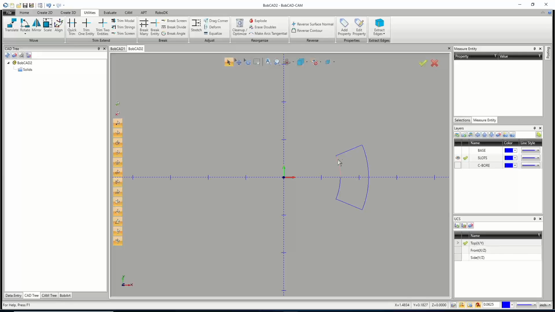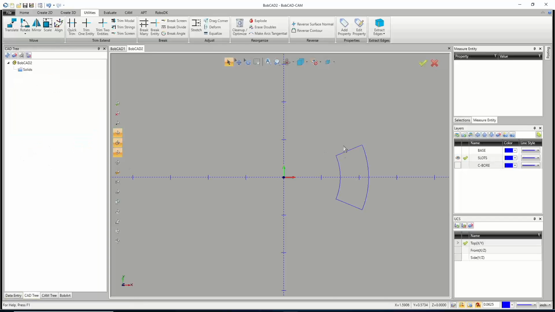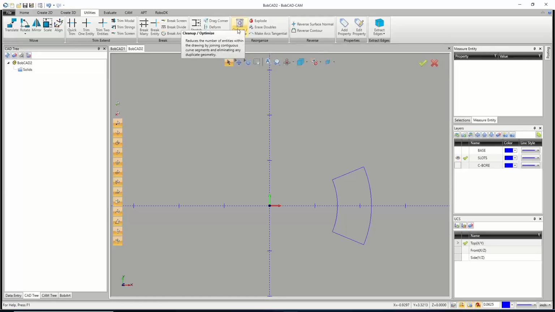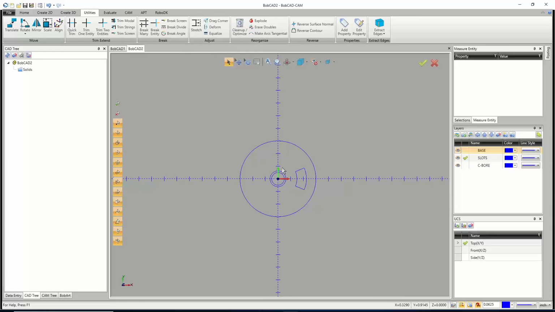Anytime you deal with a piece of geometry that should be one piece but isn't, it's because it got broken in some way, and I could simulate that right here. This line is right now one piece, but if I said break it into 50 pieces, I could pick it and hit OK and cancel out. We could now see a whole bunch of tiny line segments, but that still should be one single entity. So when we use this feature, up here, it's called Clean Up Optimize. Even if you know for sure, which with 2-axis you can never be perfectly sure,